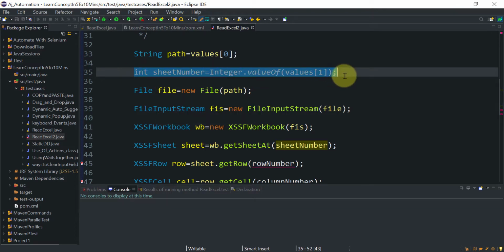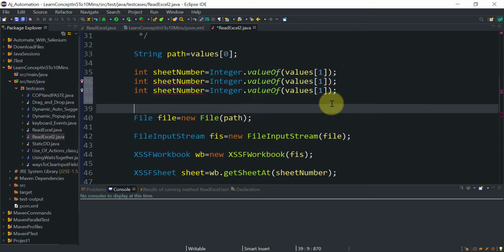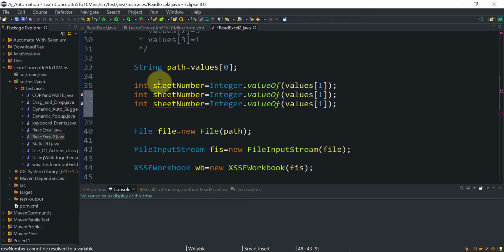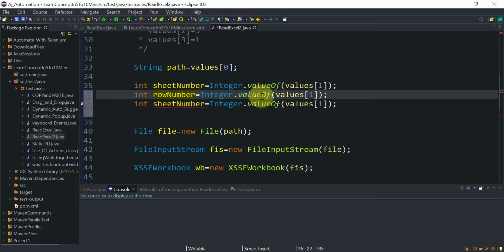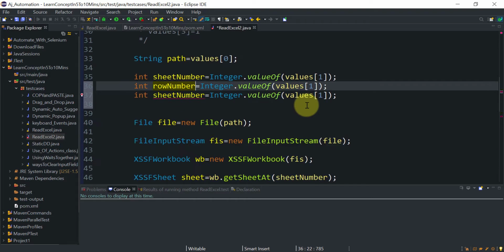So you can copy this, and now this will be my row number. For row number I will get Integer.valueOf of whatever value is stored at the second index, so here I will just make it 2.